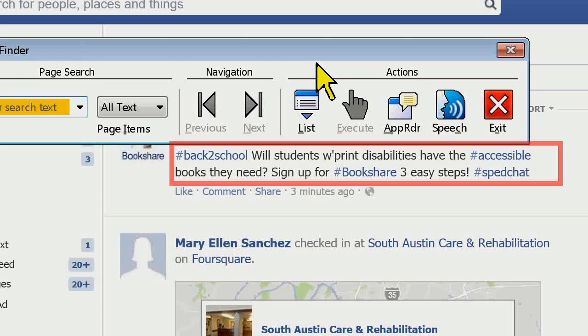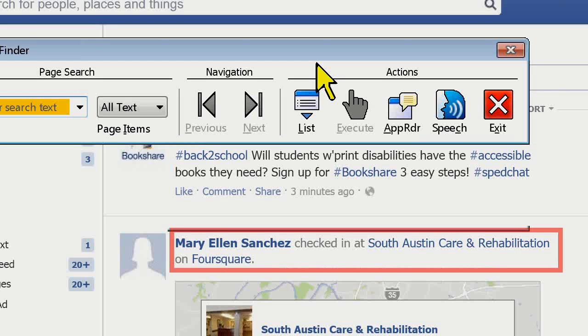But what I wanted to show you is using Control-H, you're going to go down to the person that posted it, and then their actual status update. I'm going to try and find a different one here because there's a lot of these that are like check-ins and things like that. So I'm going to jump down until I find a good one that's like a normal